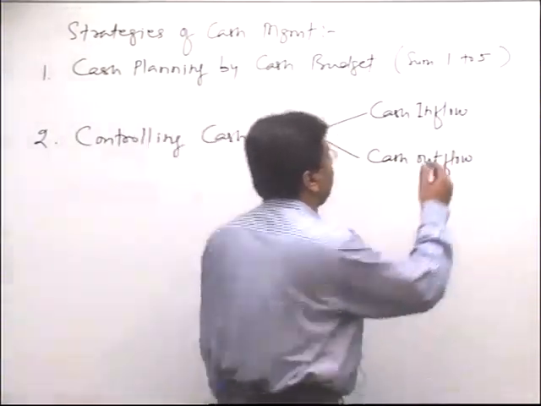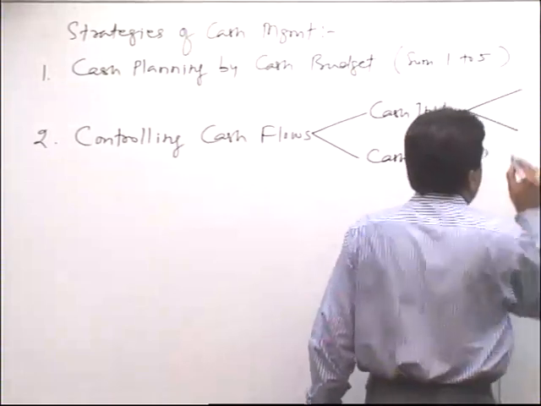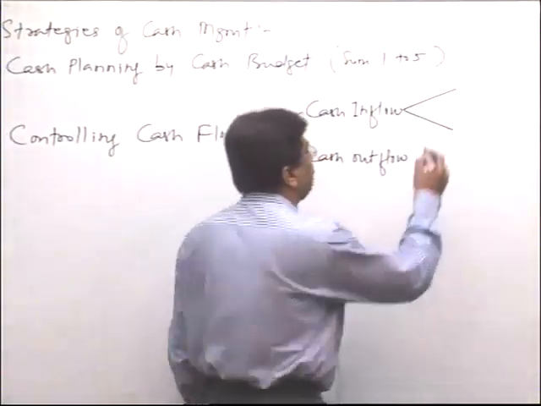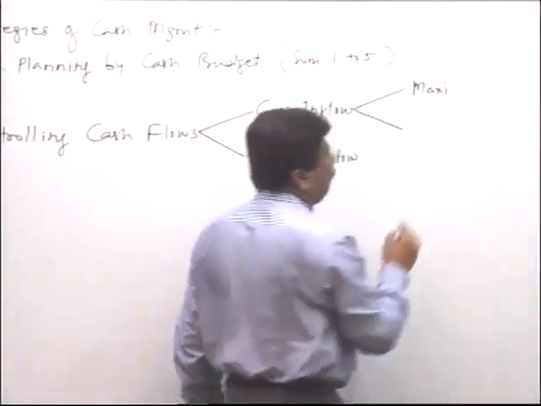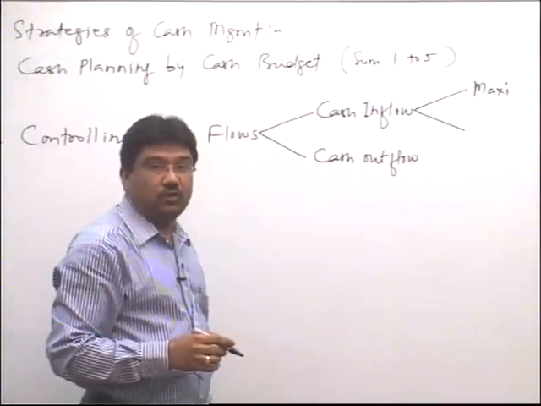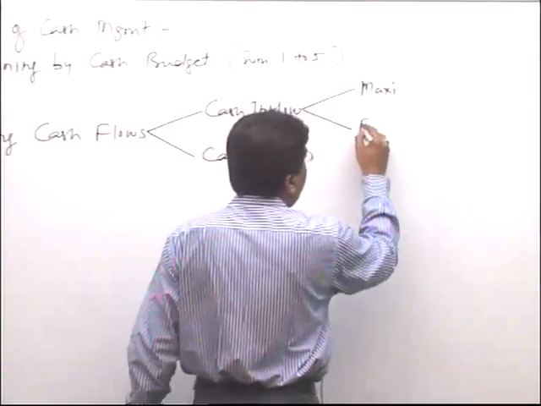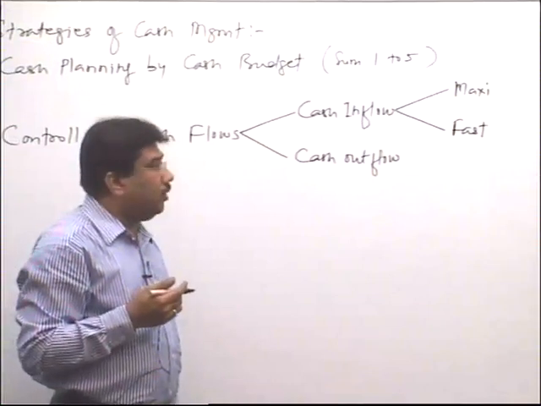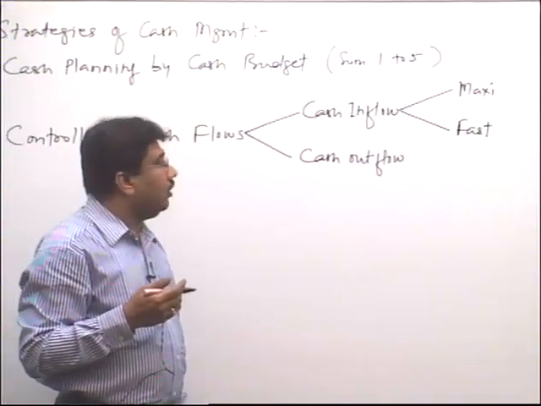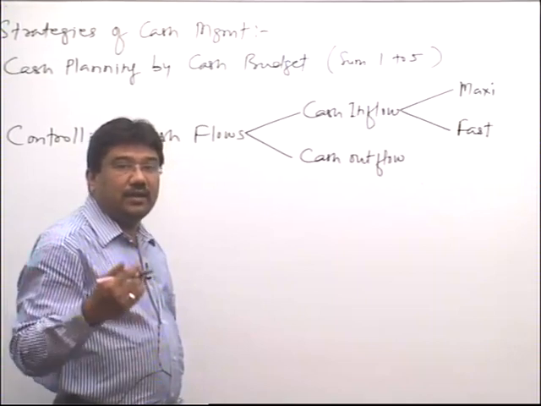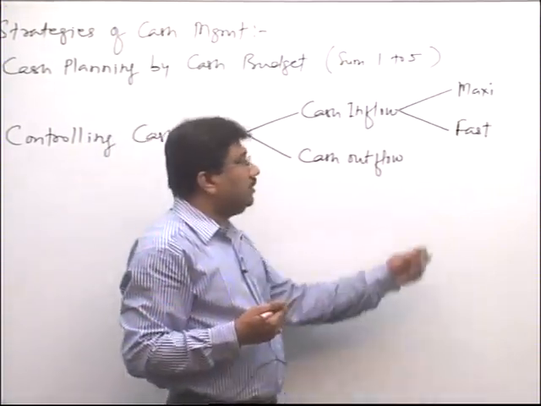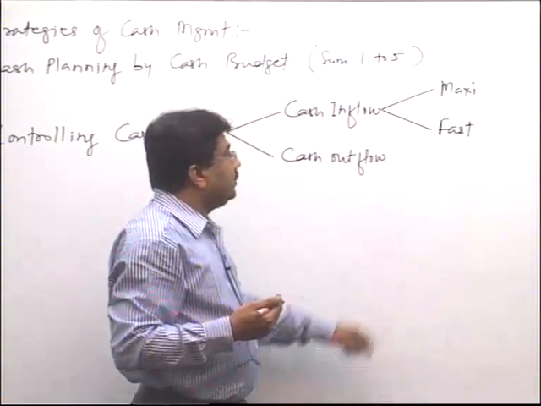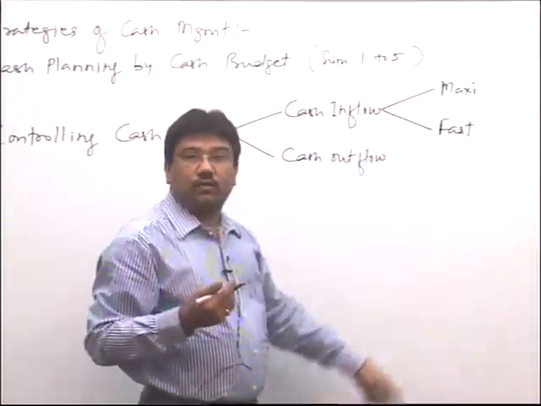Now when you control cash inflow, our purpose while controlling cash inflow is to maximize the cash inflow. So every businessman wants to maximize the cash inflow, and we want the inflow to be fast, means we want to collect the money fast. Say for example, if you have to collect money from a person after 30 days, then you will always desire that you collect it fast, either on 29th day or 28th day likewise. So our main focus in controlling cash inflow is always to maximize the inflow and to collect the inflow fast.